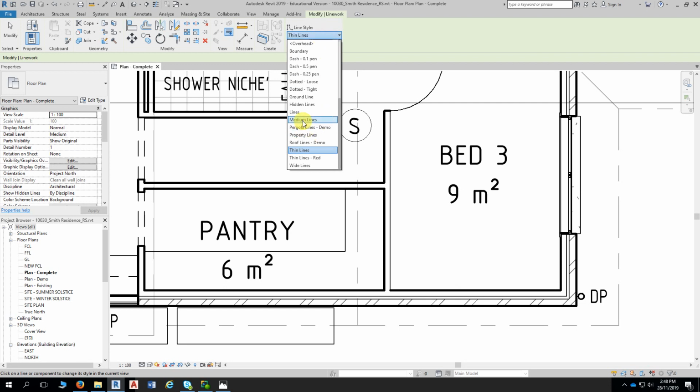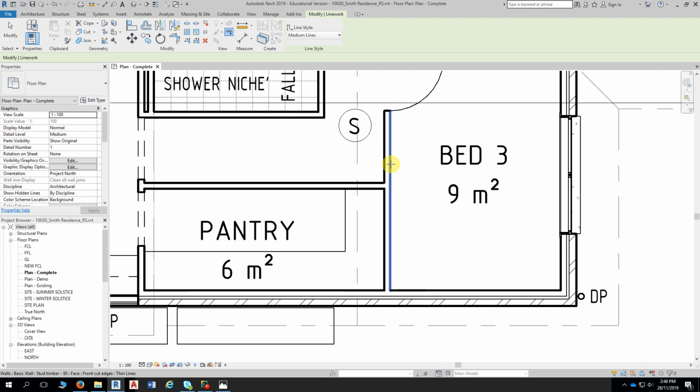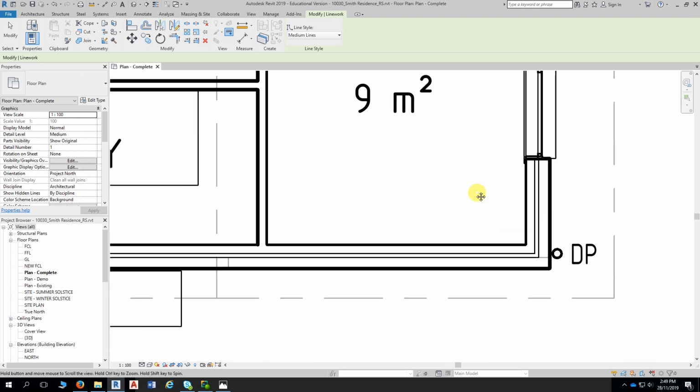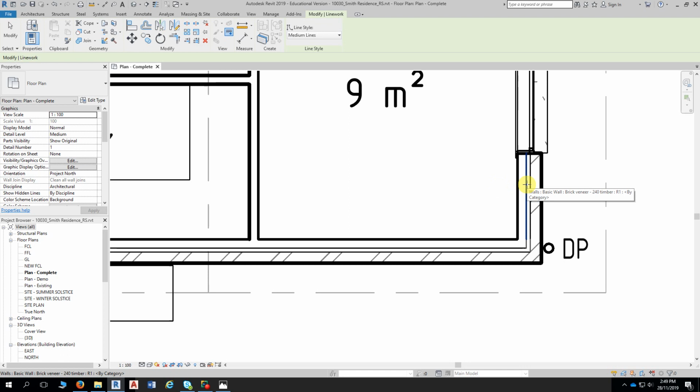If we go to medium lines, that to me is a better line thickness than this one here. It's just a little bit thinner. So it's probably more appropriate for, and you could actually click, see how that works? And you could then click this line here, which is the cavity line, and get those two lines the same thickness,